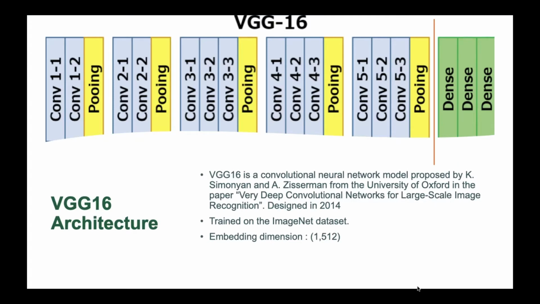Let's take a look at the first CNN that we have. The first one we have is the VGG16, which has 16 layers. For the 16 layers, the first 13 are convolution layers, and out of these convolution layers, we will be extracting the image features. We will not be using the dense layers for prediction.